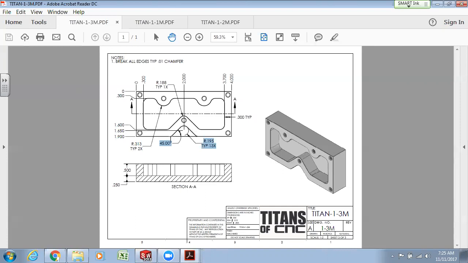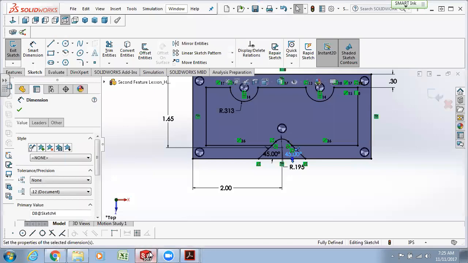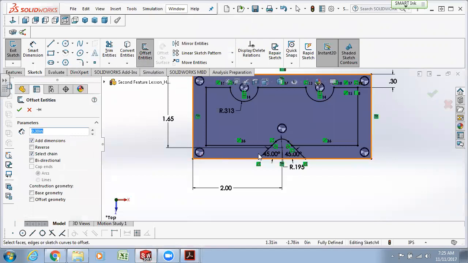But we have to put some fillets in here, and we can do those in a little bit, but we want to make sure we can go around this hole here. So we've got to offset these lines and create this 0.188 fillet. Okay, so we'll go back into here, and we're going to go to offset entities, and then we're going to click on,